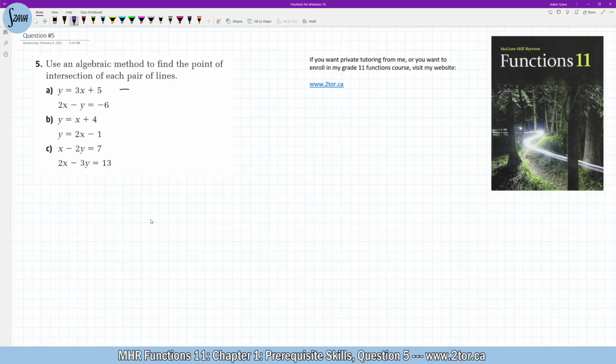Okay, so what we want to do is look at these two linear equations. Each part of this question gives us two linear equations, and we want to figure out where these two lines intersect each other, but we want to do it without drawing the picture. We want to do it algebraically, which means just using the symbols and the numbers that are